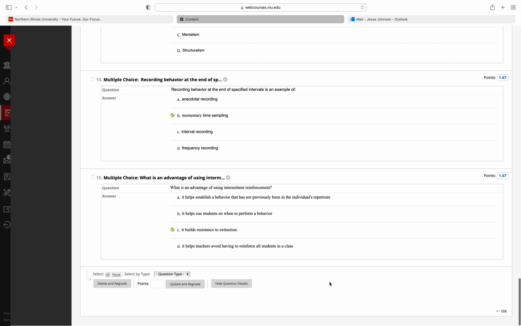We start out with continuous reinforcement, and then we move to an intermittent reinforcement schedule that's usually a fixed schedule, fixed ratio or fixed interval, and then we fade that schedule. We reinforce less frequently, and then we switch to a variable schedule, variable ratio or variable interval.